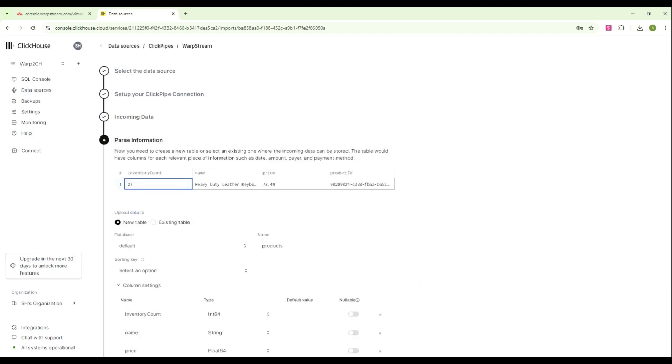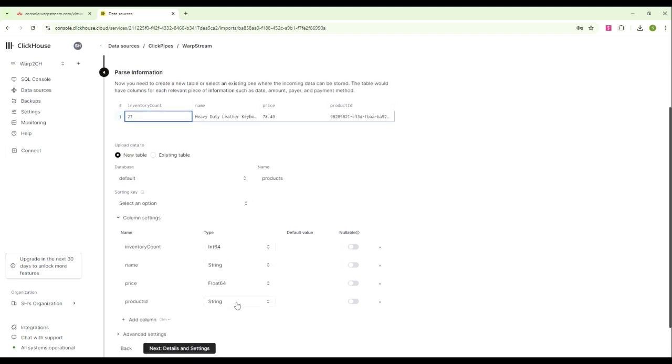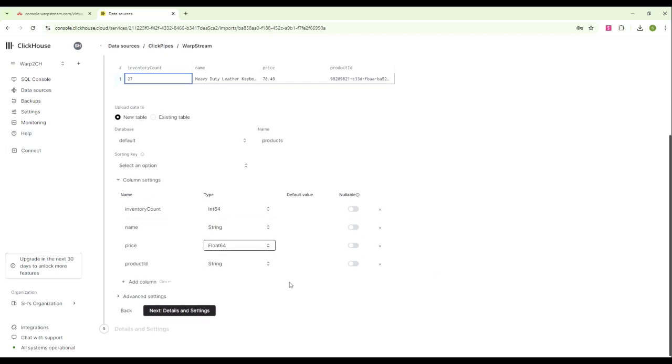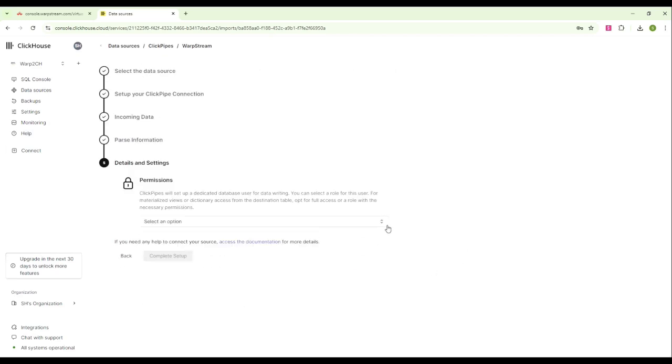So we'll parse that out. Here you've got an opportunity to change the formats of the data before it goes in, whether it can have a null, etc. Float64 seems excessively large, but that's fine. We could add more columns if we needed to. We can change the names of the fields, but these are all fine. So let's click Next. Then we want to do permissions. We'll do full access